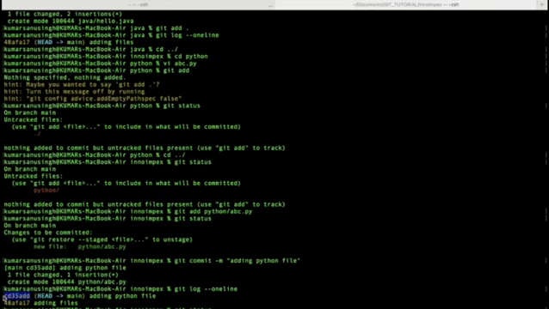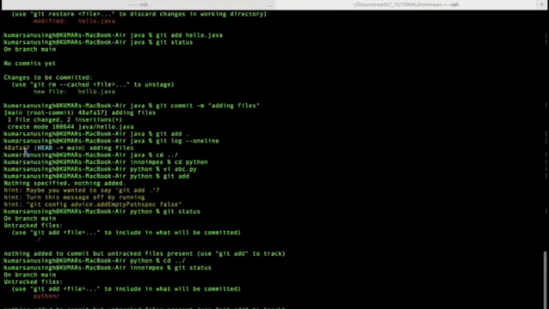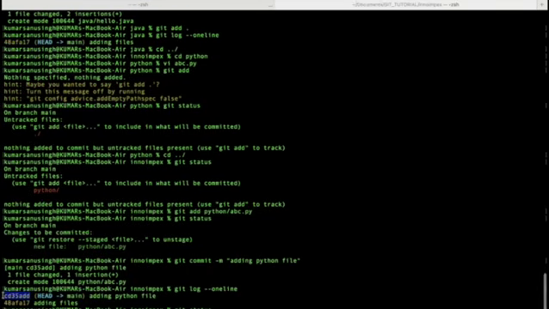If you see, previously the head was pointing to which commit ID for the same branch? The first commit ID. Correct. Now it is pointing to another commit ID, the latest. So head is a pointer which is telling you the most latest commit or most latest change you have done. Head is nothing but a pointer.